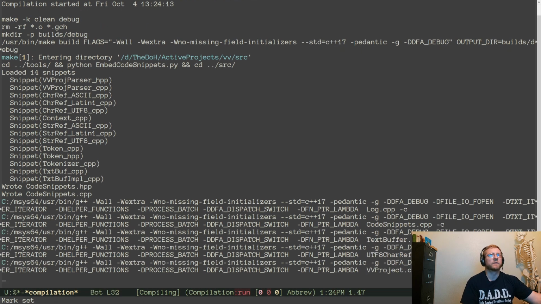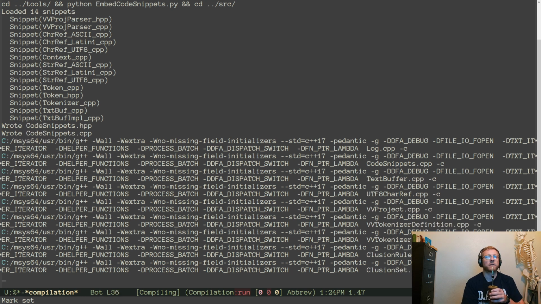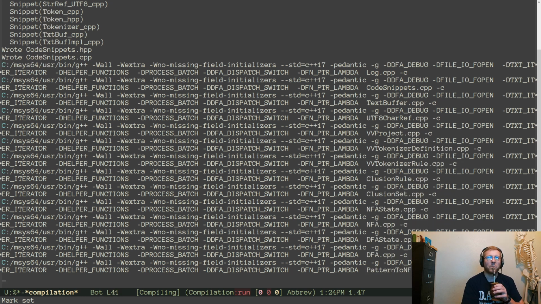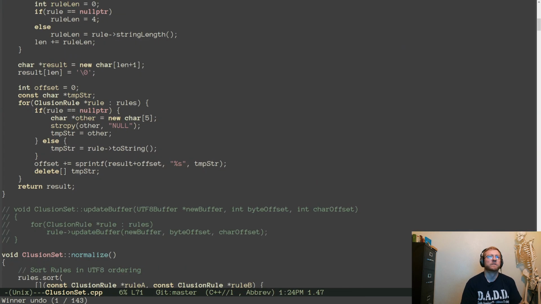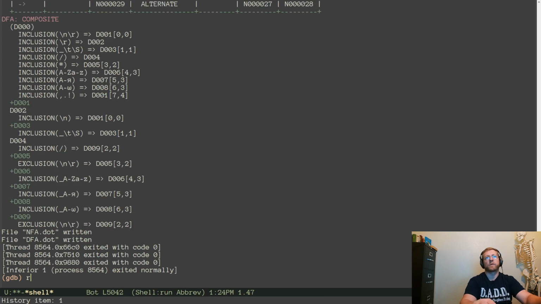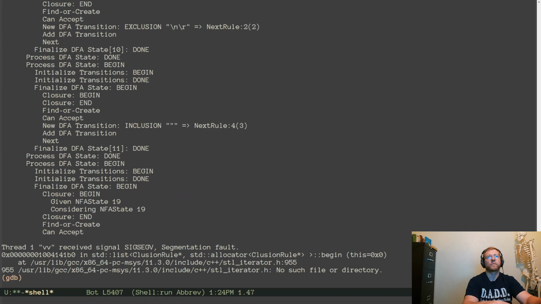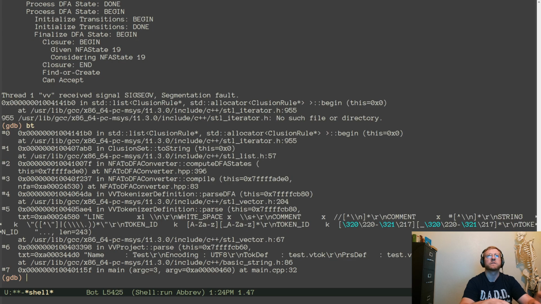I'm checking for null in the places where it can do that. So why is it? I don't reference rule unless I've checked. Now, it shouldn't be null in the first place. How would it get null? I don't know. Run it. Backtrace. ToString.